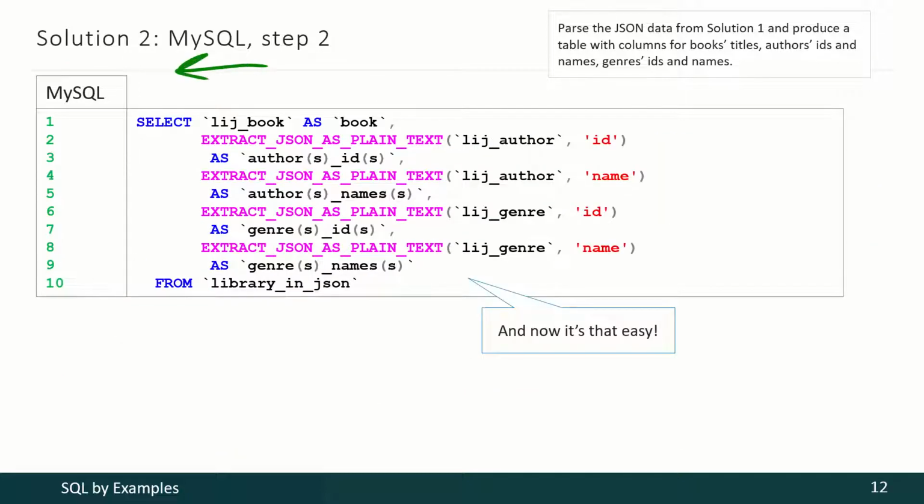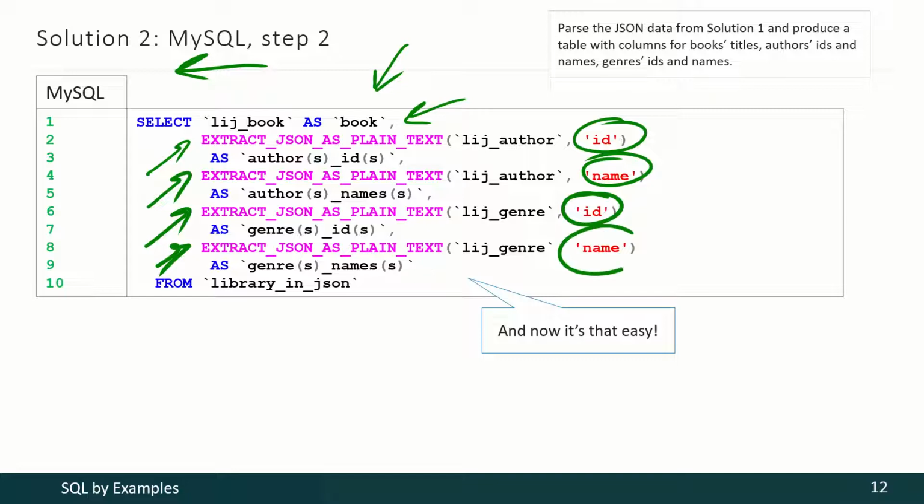Once that function is ready, we only have to write such a simple SQL query. We are selecting books titles as is, and then we are using our function to extract information about authors' IDs, names, genres IDs and names, and to present that information in the form described in the task.